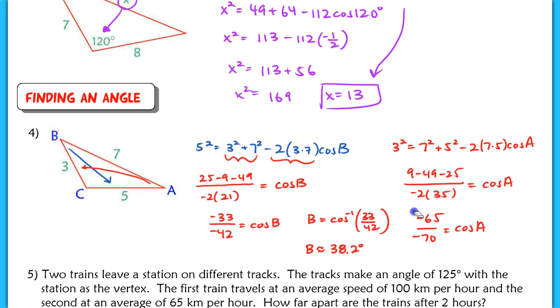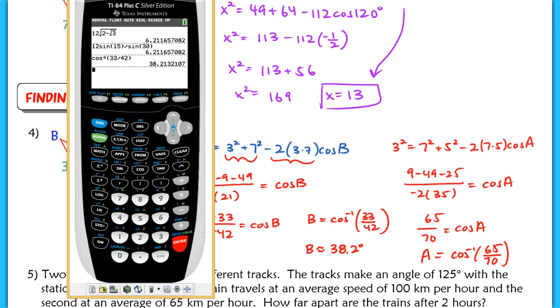so positive 65 over 70. So I'm going to take the inverse cosine here of 65 over 70. I guess you could simplify it too, but it doesn't really matter in your calculator, and that'll give me A. So inverse cosine of 65 over 70